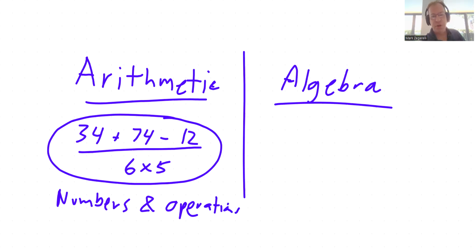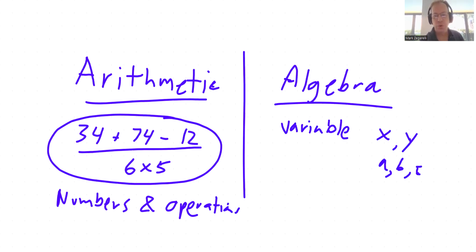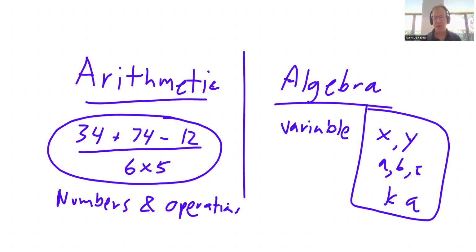What is algebra? Algebra only includes one new thing, essentially, and that is the variable. Like, for example, X or Y or A or B or C or K or Q, letters that get used to stand for numbers. And that's the key difference between arithmetic and algebra. And a really important way that this plays out, that I think is the best transition from arithmetic to algebra,